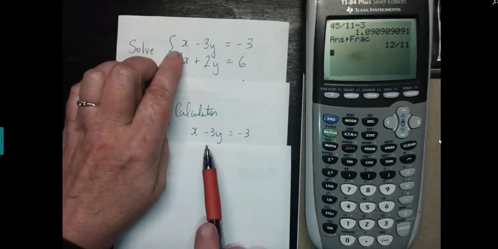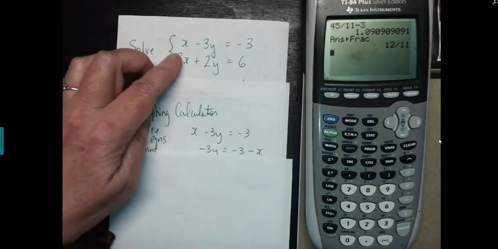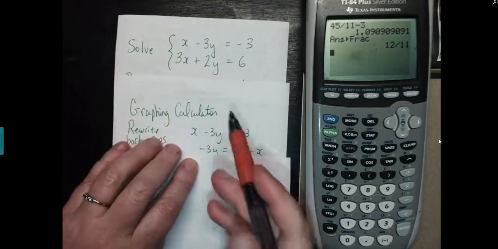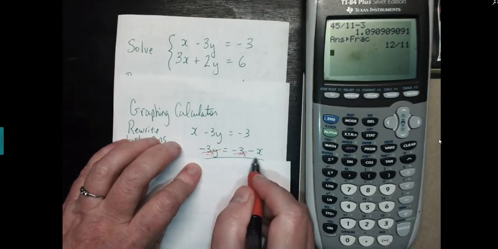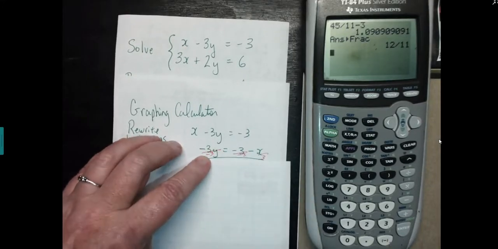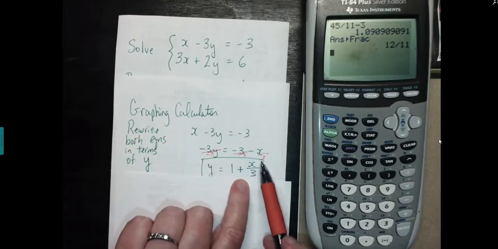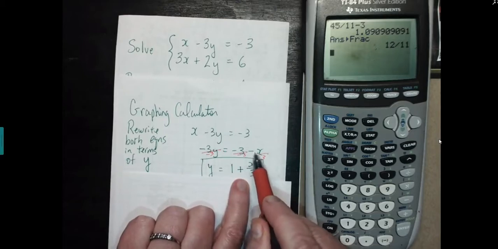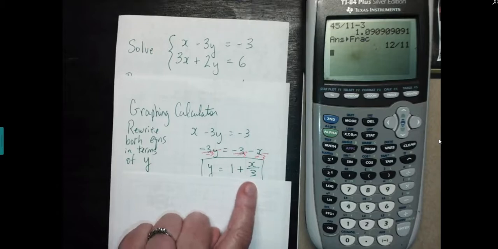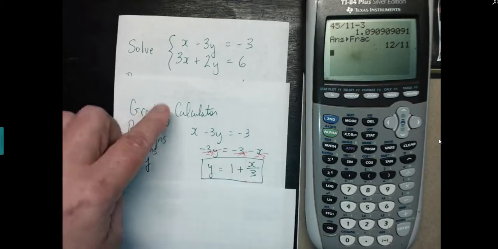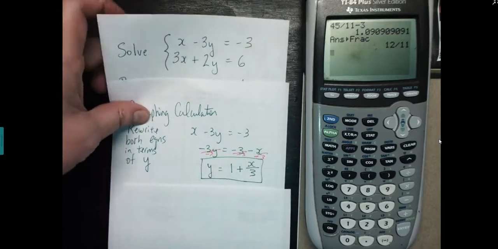So with that first equation, I subtract x from both sides. Gives me that. And then I want to get y by itself, so I'm going to divide everything in here by -3. So I'll get positive y equals positive 1, and the negative signs will cancel there, plus x over 3, or plus 1/3 times x. That's fine. So I've rewritten the first one with y,